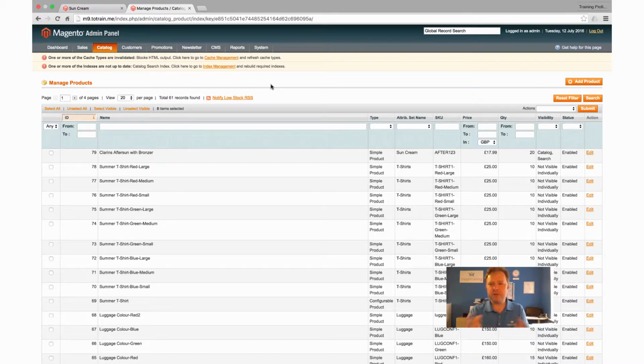A third method might also be using it as a bill of materials. So bill of materials is quite a manufacturing term, but what it really means is that you're selling a product as if it is one product. So it may be a bath, let's say, a bath that comes with taps and a side and a shower head, and actually those items are different items, but you're selling it to the